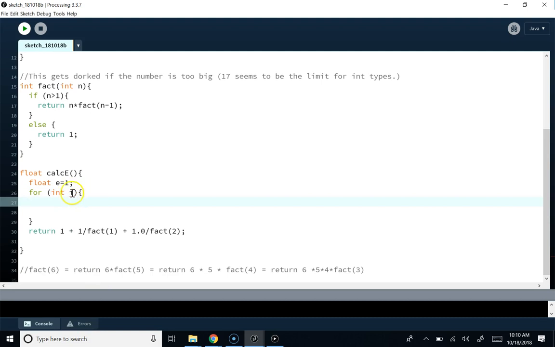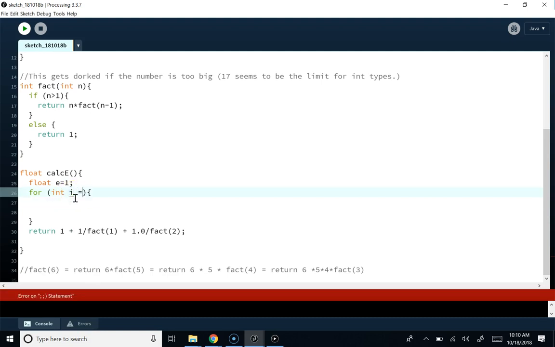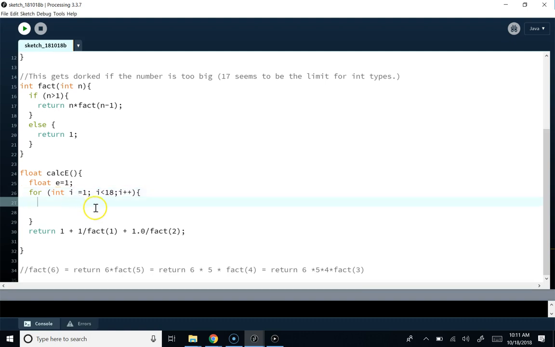And then I want to do, for integers i, starting at 1 and being less than... where did it get borked? Semicolon, not comma. Oh, thank you. So starting at 1 and ending at, well, 17 was the limit for my factorial function, right? So I probably want to keep this less than 18, so it'll stop at the last one. And increasing,